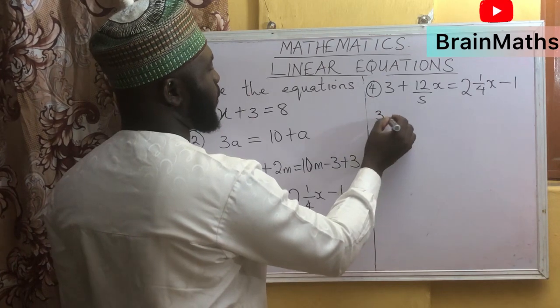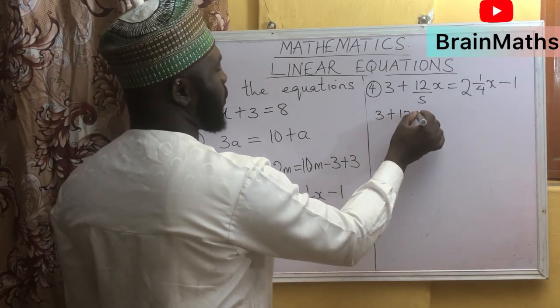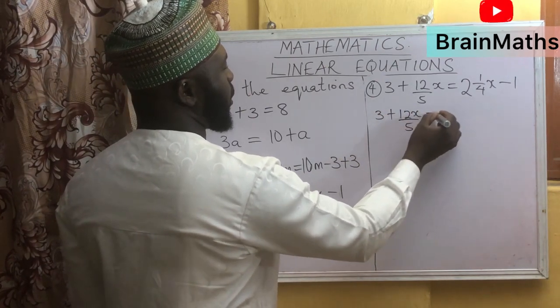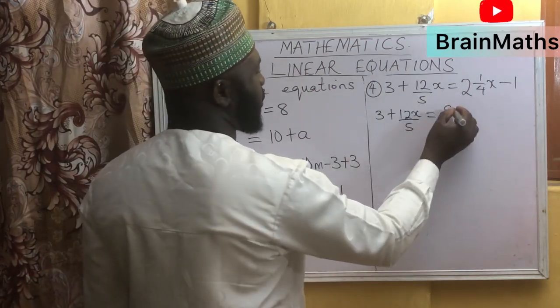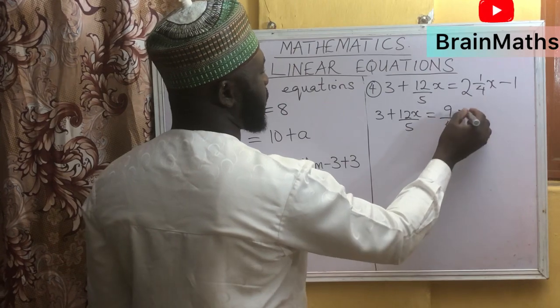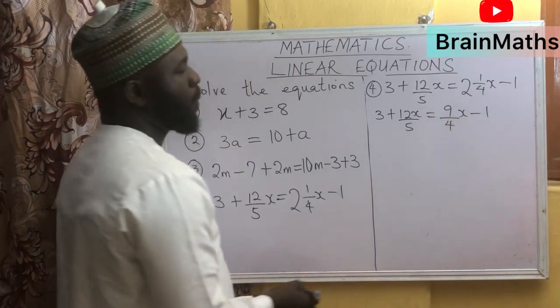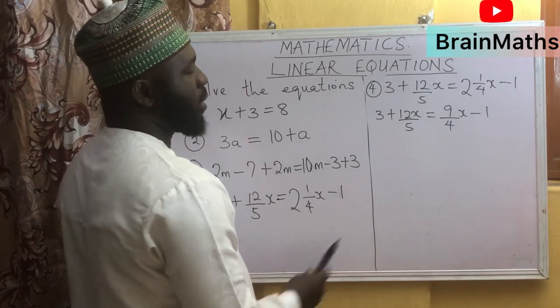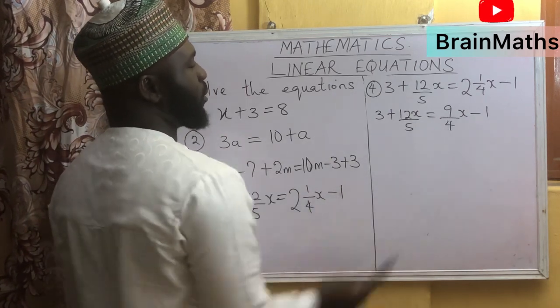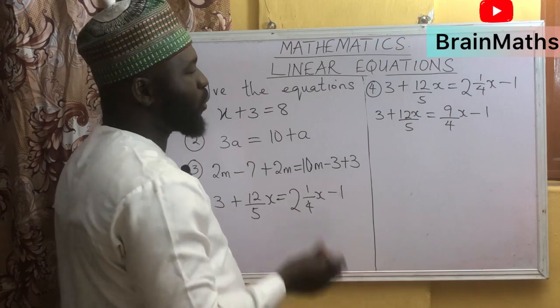So we have 3 plus 12x over 5 equals 2 times 4, 8 plus 1, 9 over 4x minus 1. Now, we are having a fraction on both sides, and we want to eliminate the denominators. So what we are going to do here